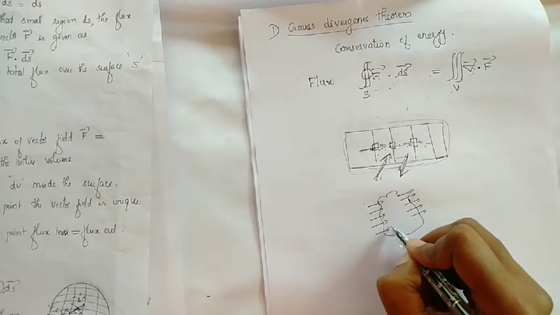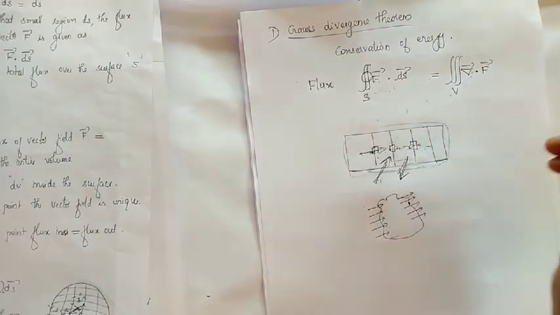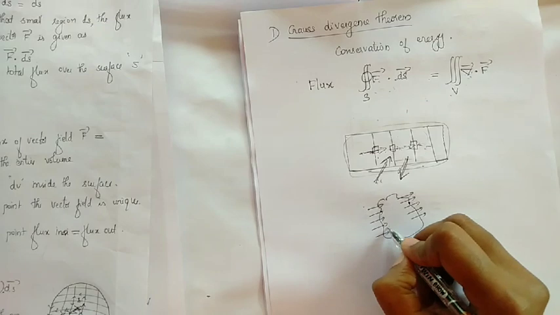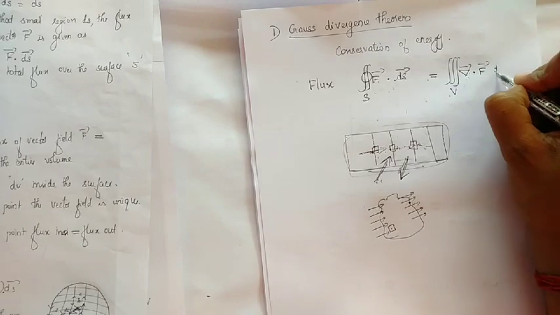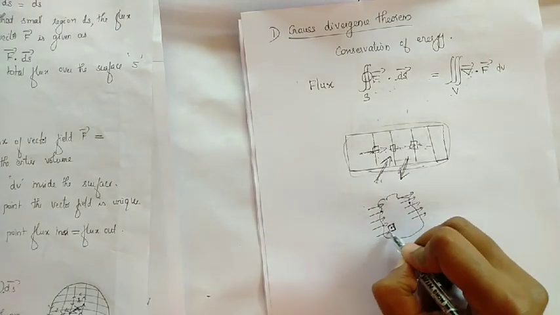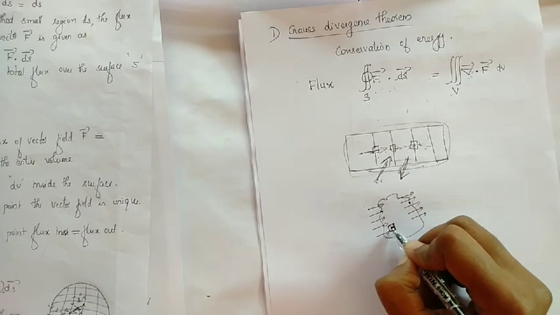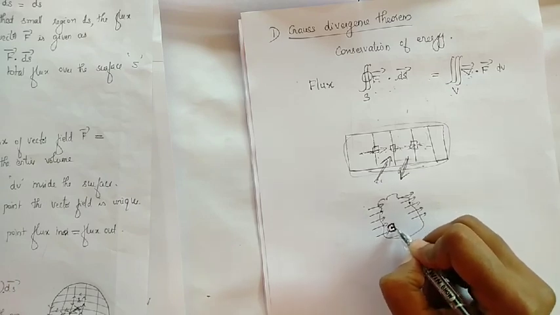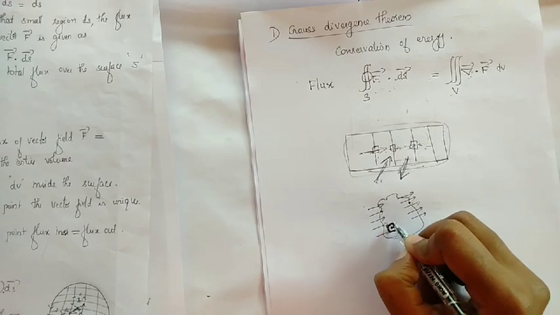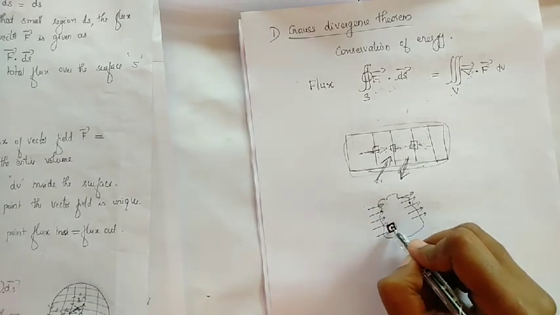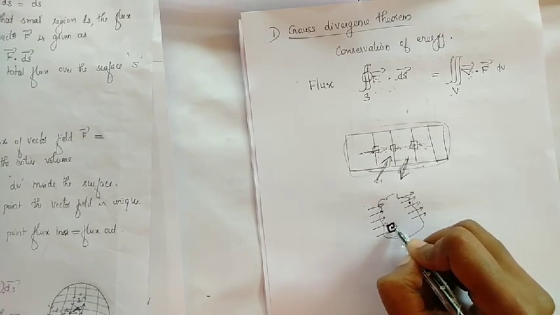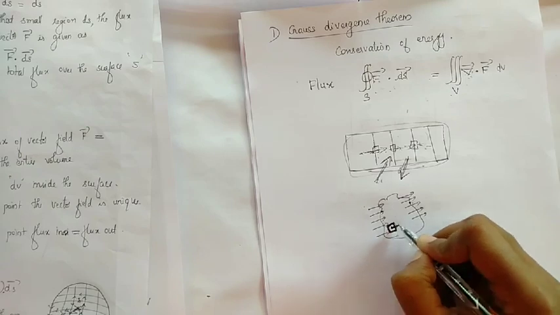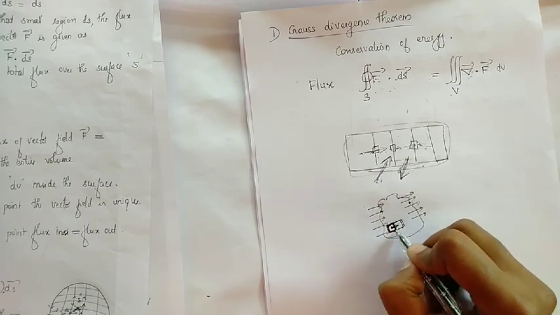So we are considering the divergence in a small volume. F is a vector quantity and we are considering a small volume dV. What will be the divergence of the vector field at this point? Here we are considering a small square-shaped region around it. If we consider a point, the flux may be going out in this direction, but if we consider the next volume very close to it, here the flux is going in.